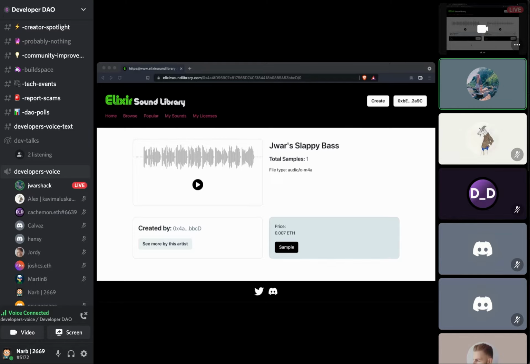Probably really just dealing with IPFS. And you know what tripped me up for a while? I had a hard time settling on the metadata schema and the storage of the audio file and the metadata. I was thinking, should I have two different pointers in the smart contract, so you store a metadata file and then you store the audio file, or should you have one pointer, and then just reference the audio file from the metadata? And that's what I settled on. But yeah, that was probably the most difficult part.